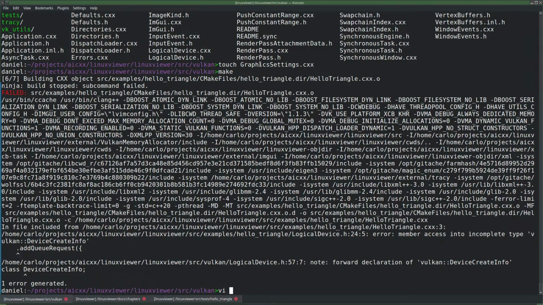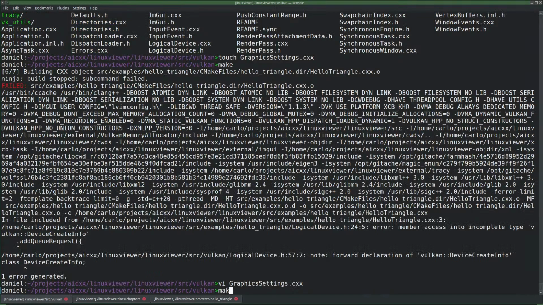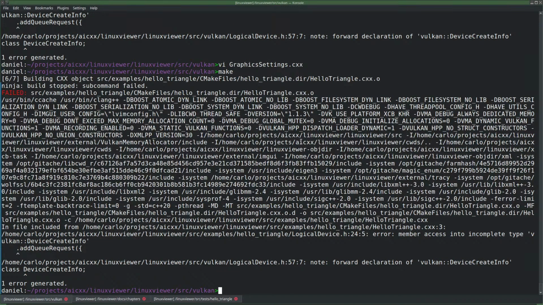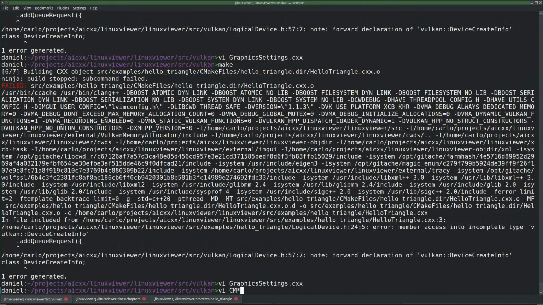Maybe I have to change it. Touching is not enough. What the hell is going on? Why is it not being compiled? I mean, it looks pretty empty, so maybe it's not even used.